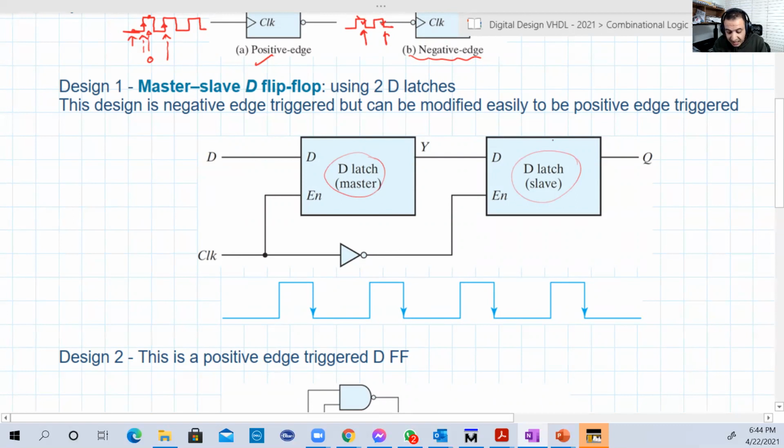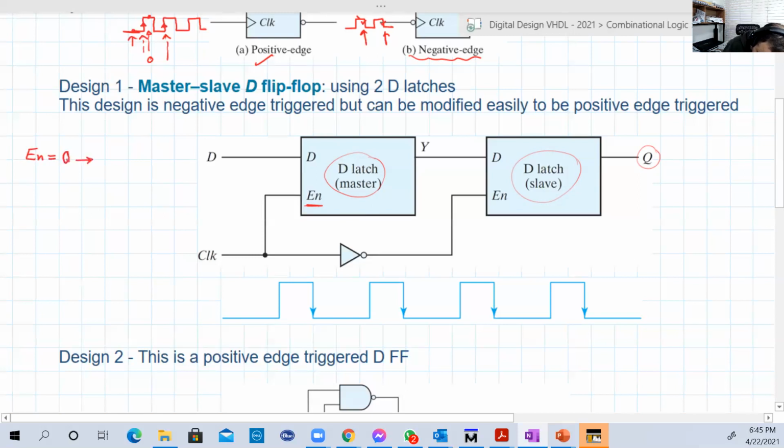Let's now assume a value for D and check when it's going to appear on the output Q here. But we should remember something in the beginning. You remember, guys, this is not a normal D latch. This is the latch that we studied at the end of the last recording, that has an enable input. And we said that when the enable is